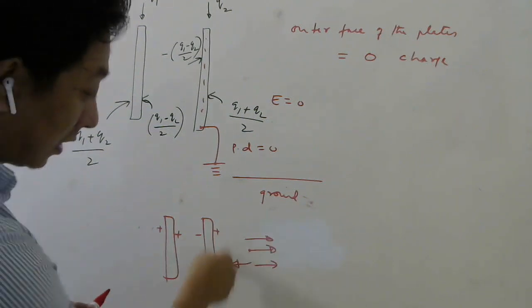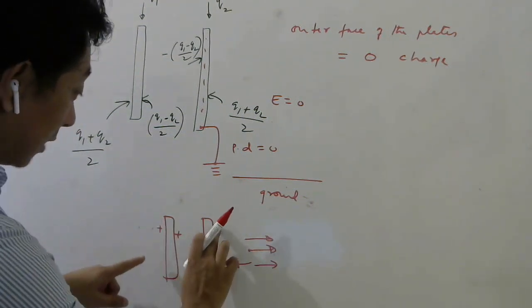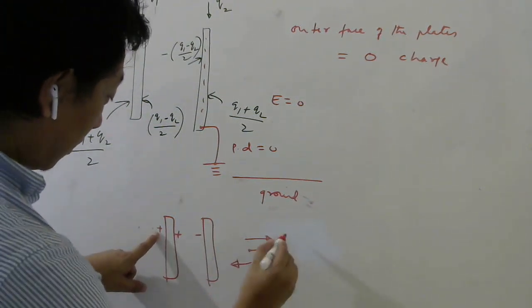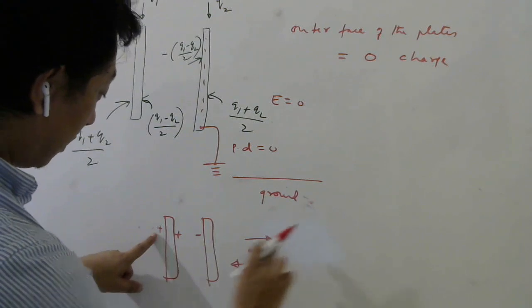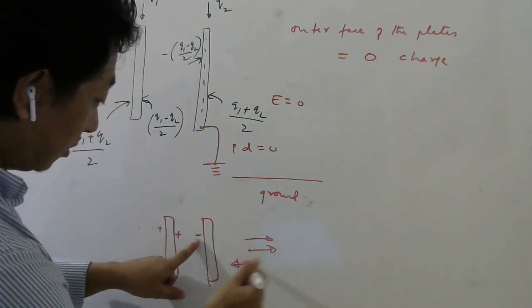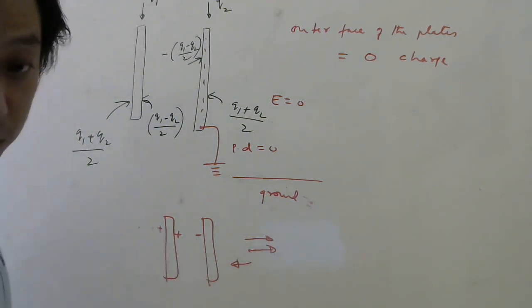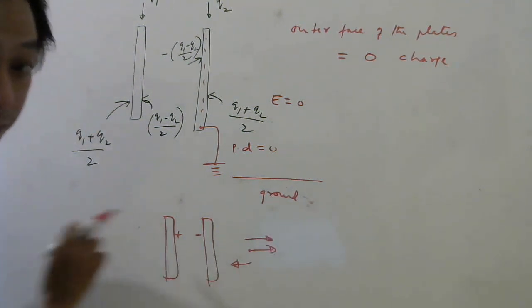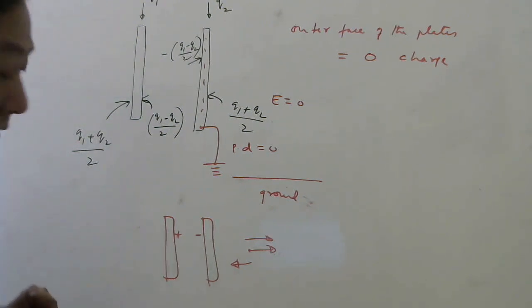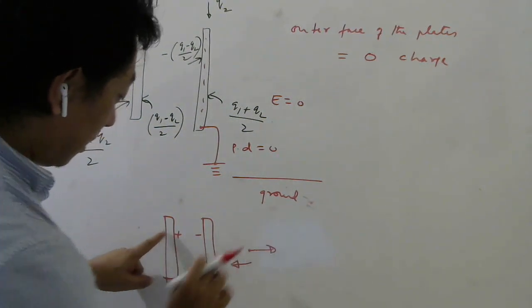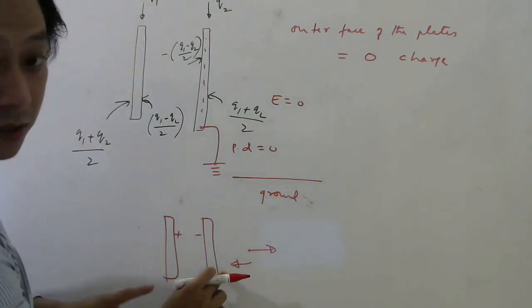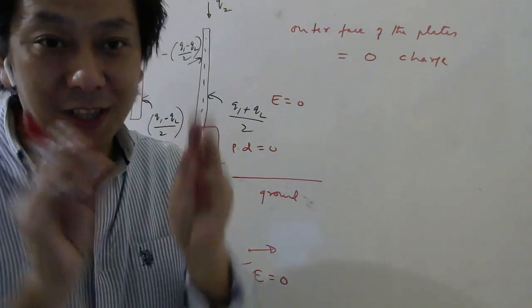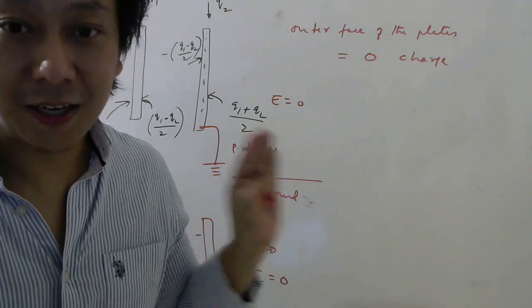So how can they cancel each other? Let us say this is 0. There is no charge here. Then due to this away, due to this away, due to this away, due to minus towards. Even now the electric field cannot be 0, because 2 are away, 1 is towards. So if this also is 0, then the electric field due to this will not be there, due to this away, due to this towards, and then the electric field outside can be 0. Understood now, students? This is one of the most beautiful explanations I have given. You will not find this in any textbook, I am telling you.